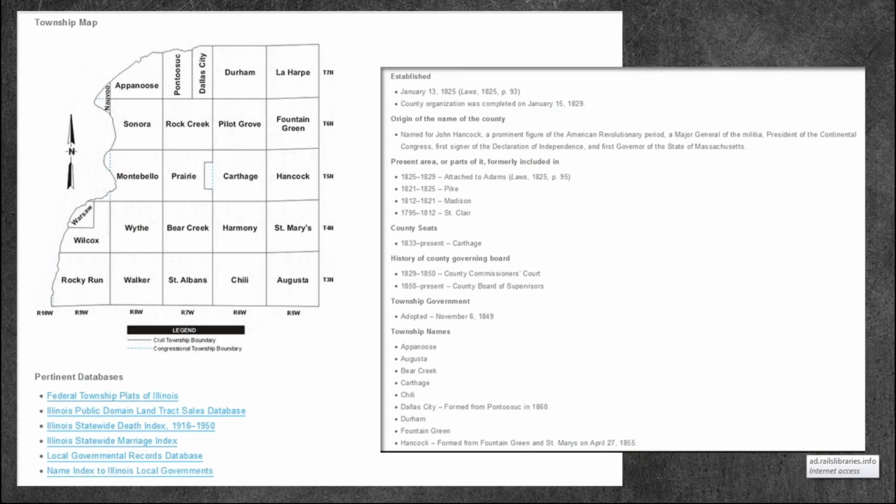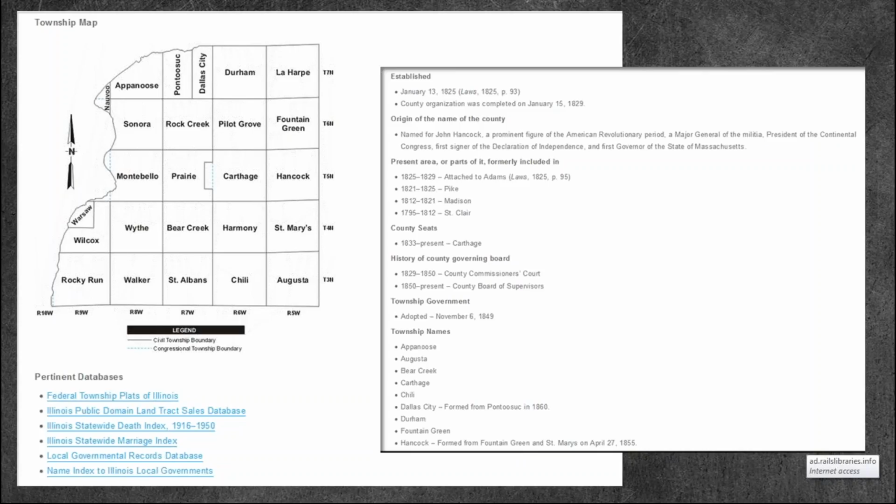But I'm going to talk about township records. If we don't run out of time in my case study, I want to talk about townships, because townships are the smallest unit of government in the state of Illinois for the most part. And township records are separate from county records. So they're not often housed at the county seat. So if a county courthouse has a fire, township records a lot of times will still manage to survive because they're not in that same building.